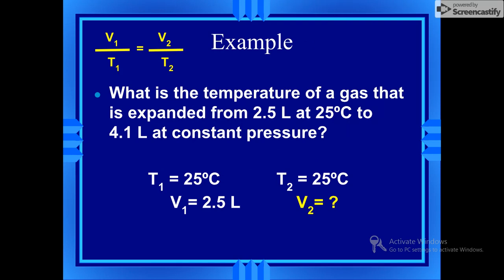So moving on to our first example of an equation using Charles' law. Once again, this is our equation, V1 divided by T1 is going to equal V2 divided by T2. So what is the temperature of a gas that is expanded from 2.5 liters at 25 degrees Celsius to